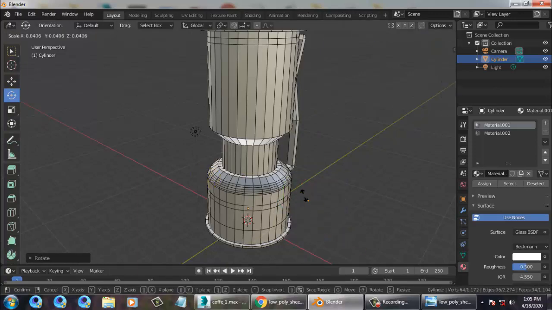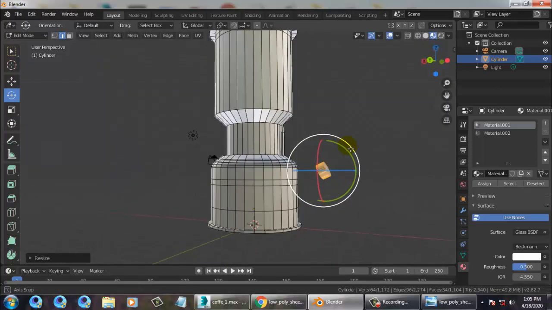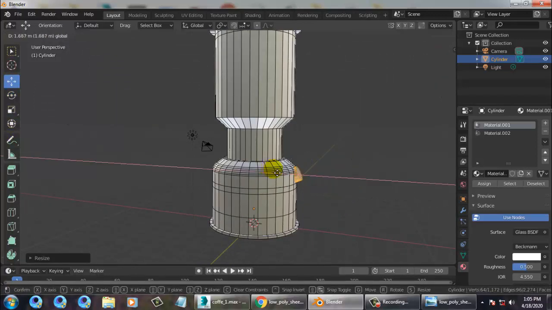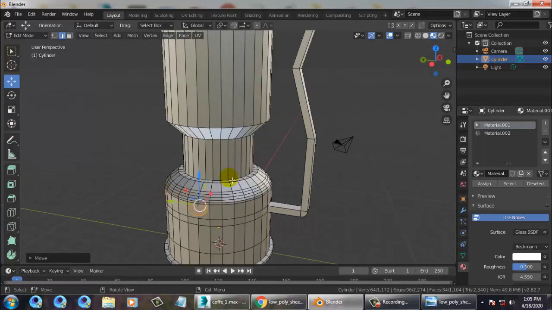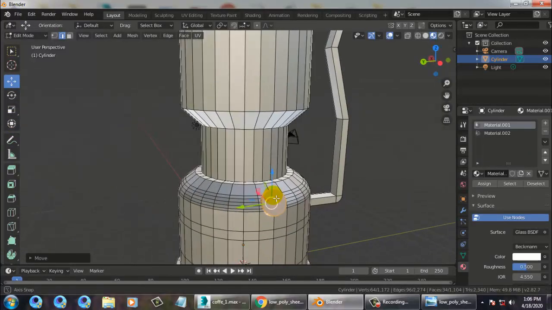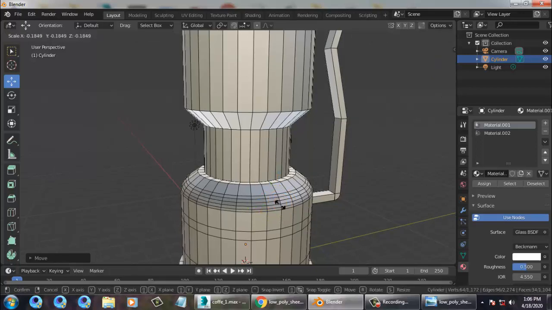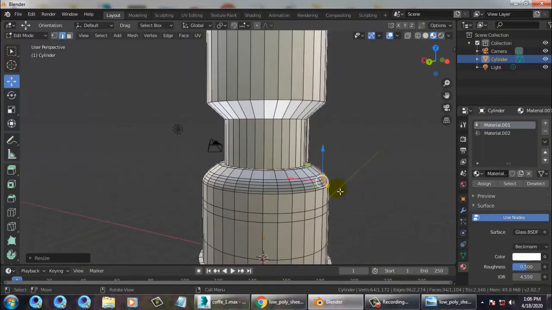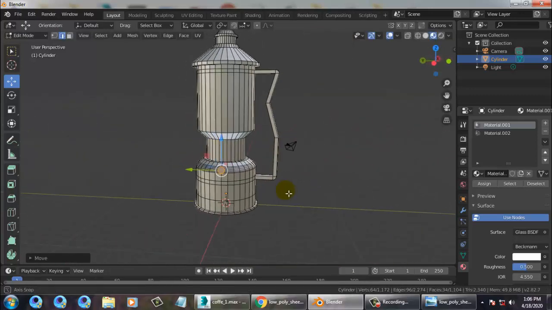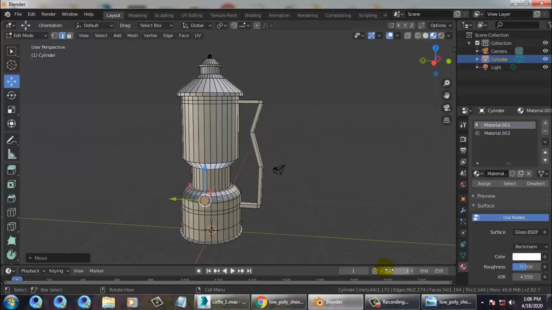S is for the scale, I'm sorry, not R, and just push it over here and place it. Perfect. Still you can make this element smaller. Alright. So thanks for watching this tutorial.